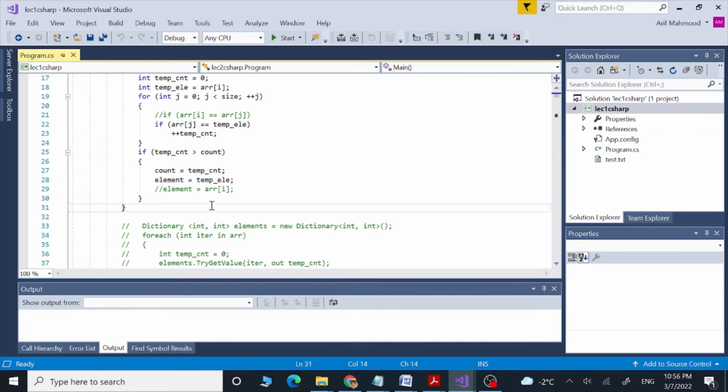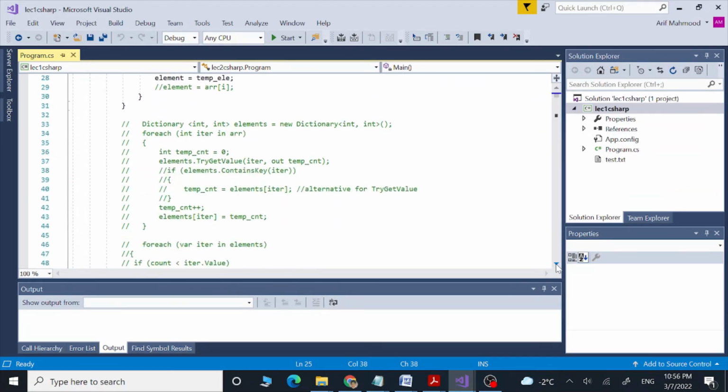And then whatever element we have, we store inside our global variable. This is the way we keep repeating for each element, and then we get the most frequent element using this if condition.